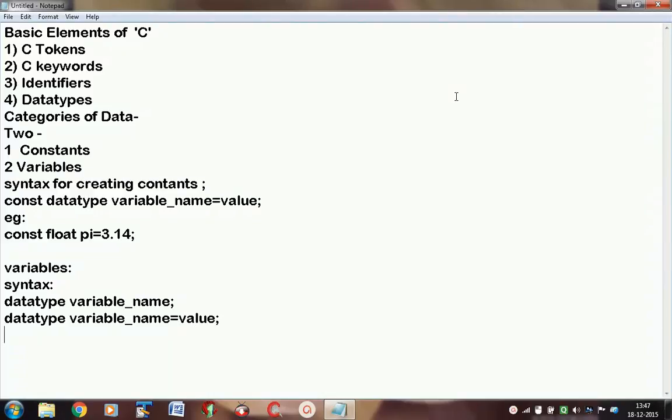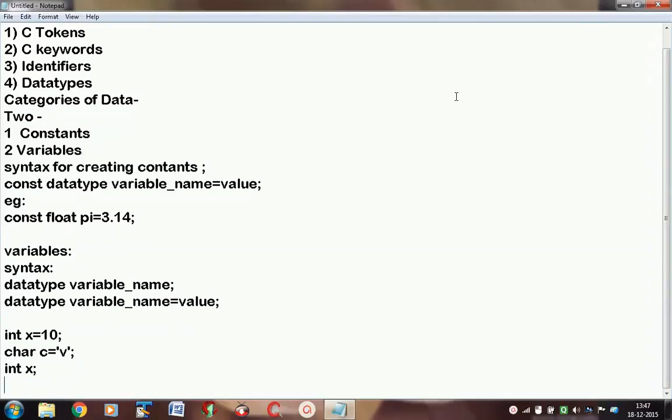This is how you can initialize it. For example, this is how you can initialize the variables, and for declaring, just take the variable and a semicolon. This is how you can create or declare a variable.